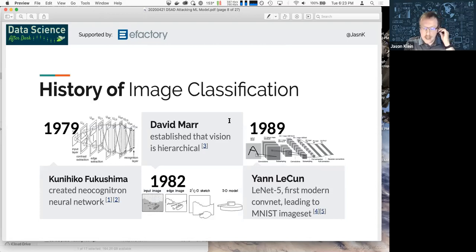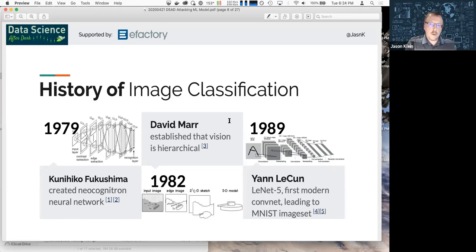Fast forward almost another decade to 1989. LeNet 5 was the first modern convolutional network, which led to a very well-known image set called MNIST.